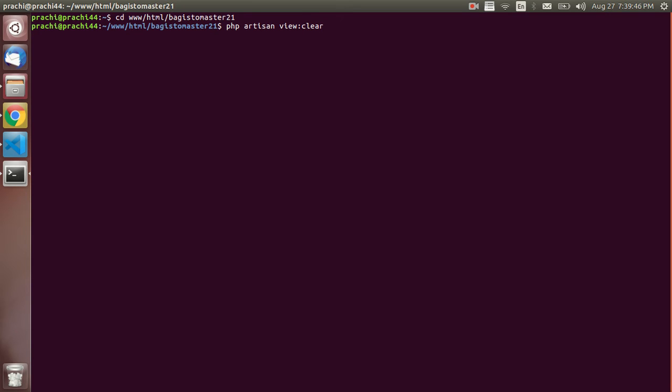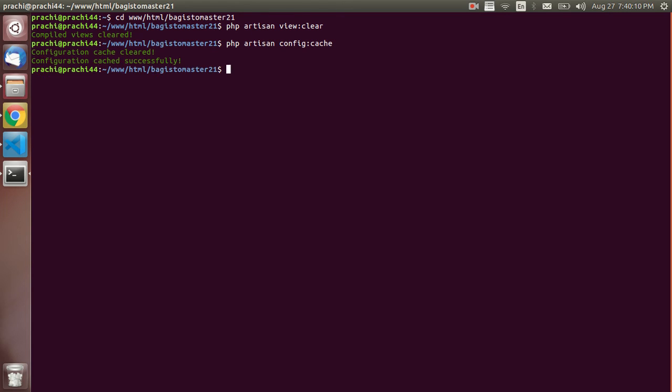We just need to run two commands, guys, to enable the blade file tracer in Bagisto. First is php artisan view:clear, and another command which I need to run is php artisan config:cache. And here we go, configuration cached successfully.